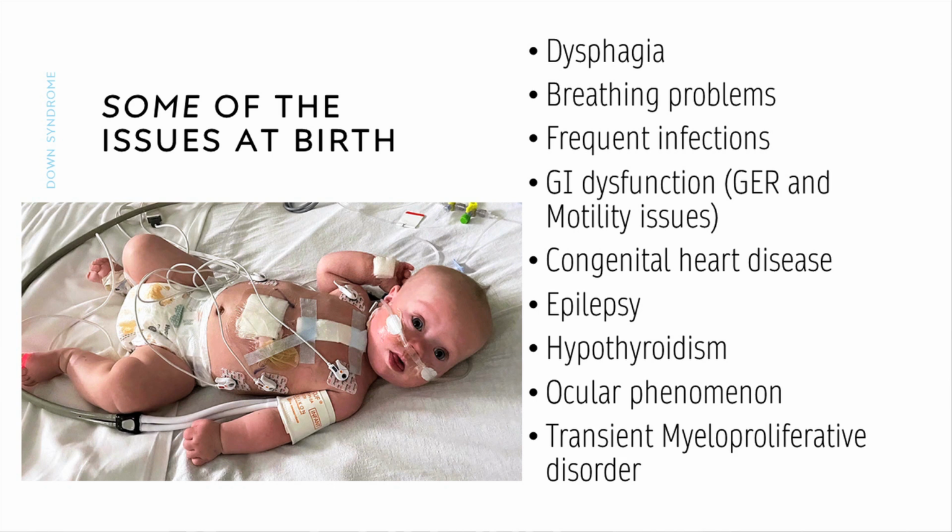So things that can happen to infants with Down syndrome early on include dysphagia, breathing problems that can be both obstructive sleep apnea and central sleep apnea. They are also prone to frequent infections, even in the newborn period, GI dysfunction that can include GER and motility issues,